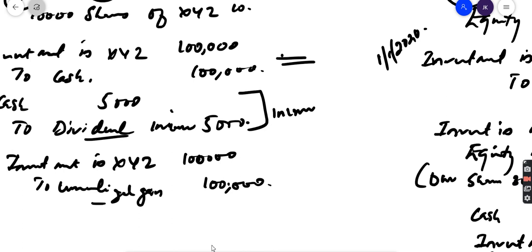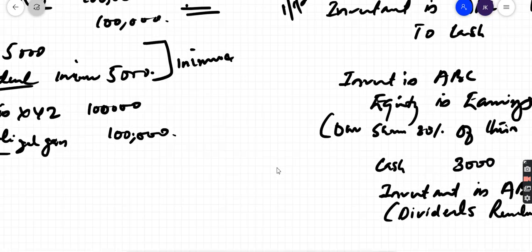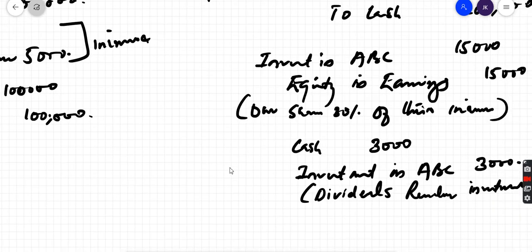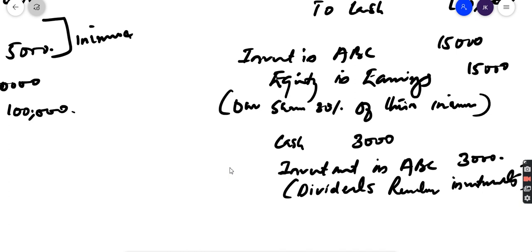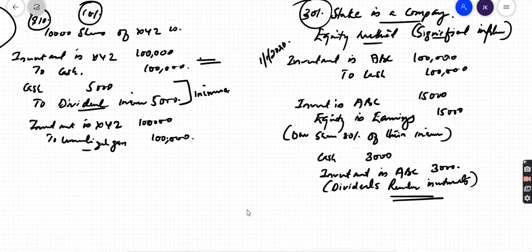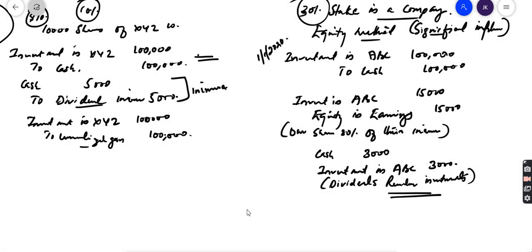dividend is an income for them. For us, if you're using the equity method, dividends are not going to be an income. It's going to be a reduction of capital. It reduces the investment, right? And we don't pass this entry. We do not pass this entry for fair value through net income.